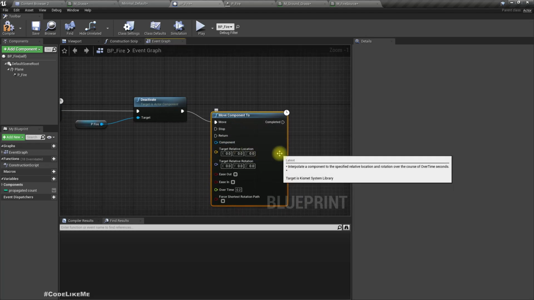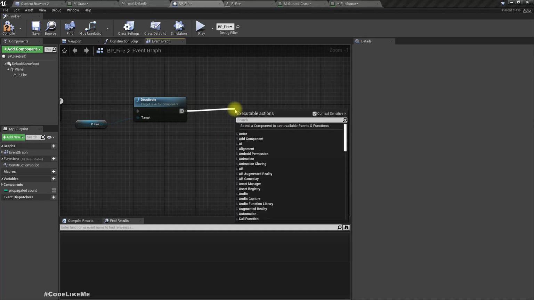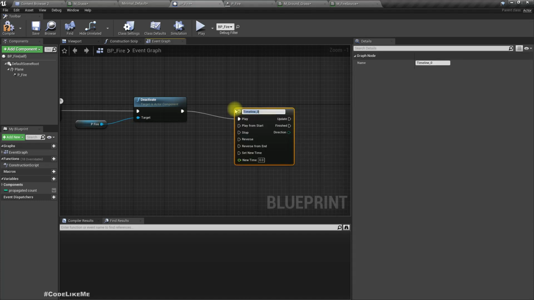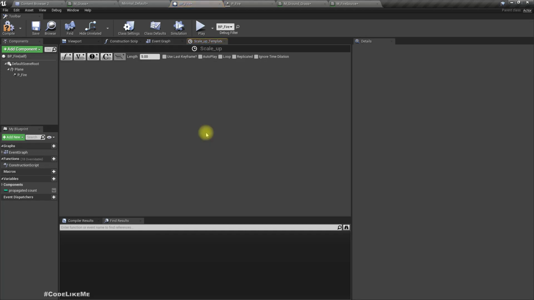No, let's add the timeline. Scale up. Length should be